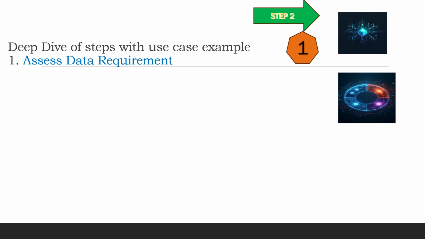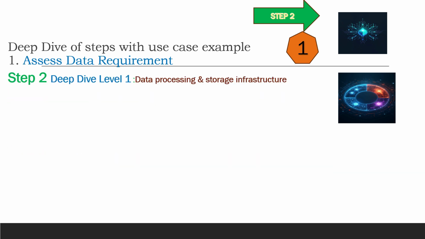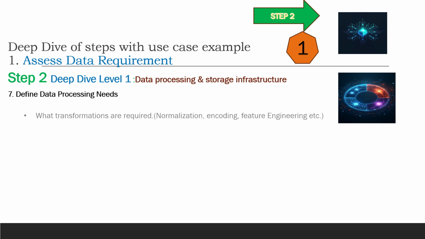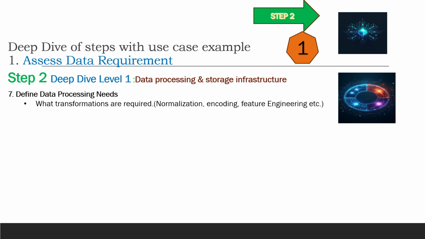Now, the next step is assessing your data requirements. You're trying to find out the data processing and storage infrastructure that you would require. So you need to define your data processing needs. What kind of transformations would you require? When I say normalization, encoding, feature engineering, I'll come to these later. But ideally, remember, you're receiving your